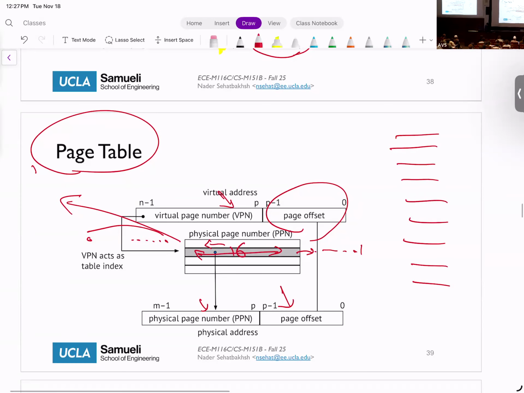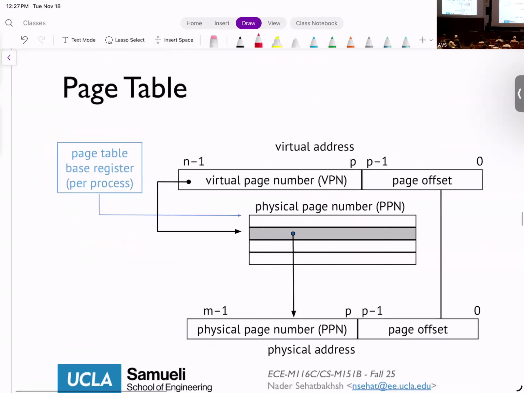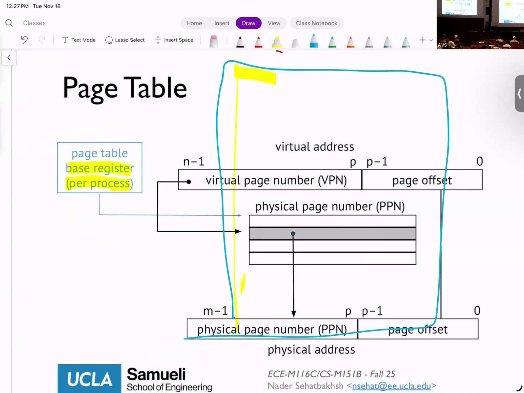So this is per program. How does the program know which page table is its own? There is this base register, okay? This base register is per process. Think about this as an even bigger table: let's say you have 10 programs, so 10 times 2 to the power of 20. That's the big size of the page table. The base is basically telling you where it is. So program 0 is base 0, program 1 is 2 to the power of 20 plus 1, program number 2 is 2 to the power of 20 times 2 plus 1, and so on and so forth.